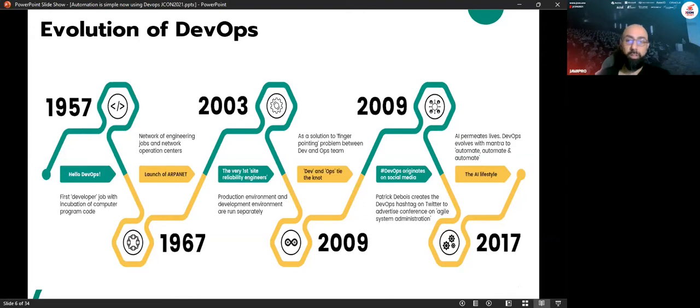There are different categories of DevOps: CI/CD, configuration management, and infrastructure as code. Each of them uses different tools. For CI/CD, the most common one is Jenkins. You also have CircleCI and TeamCity.